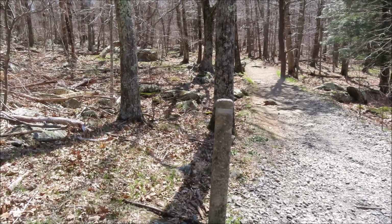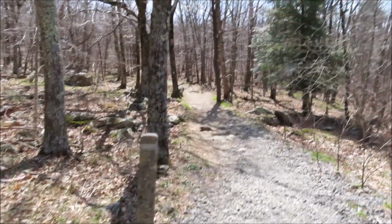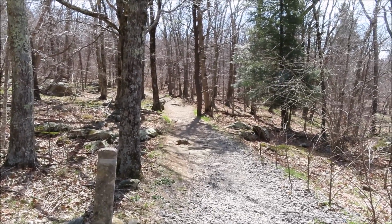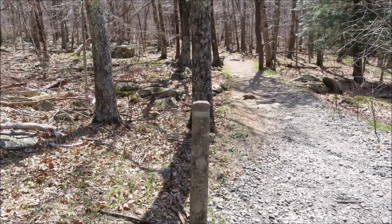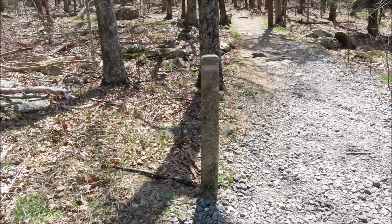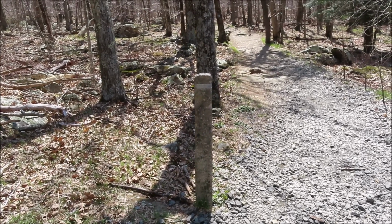Seven-tenths of a mile into my hike. The elevation here is 3780. That's where I came from, up from the parking lot. And this is the intersection with a road that doesn't exist anymore. But the giveaway is that concrete marker there. Just looking at it, that thing's extremely weathered. That's an old